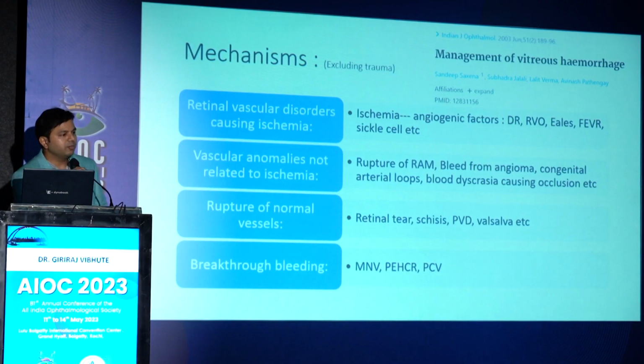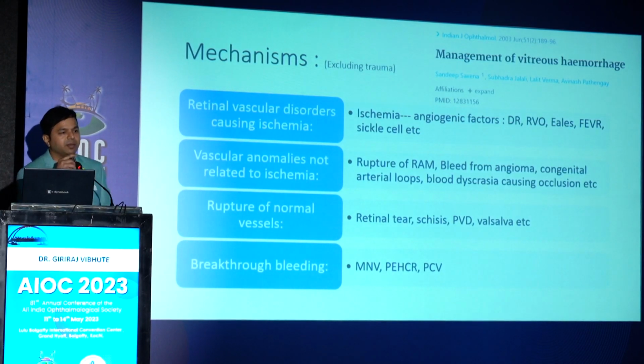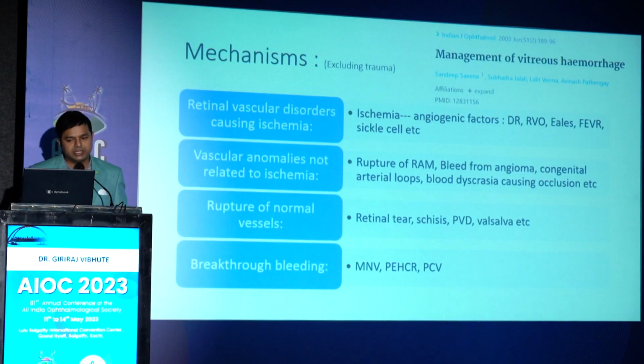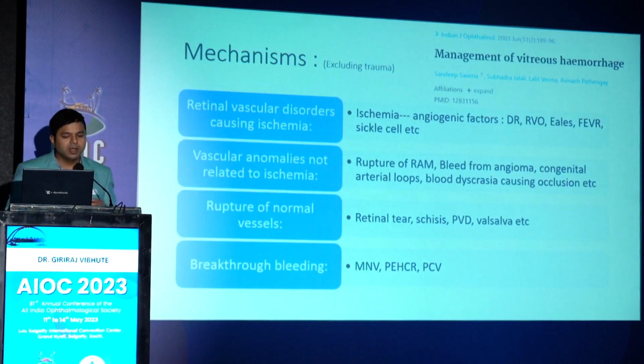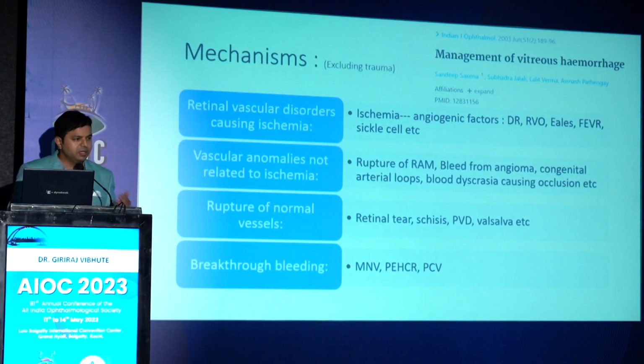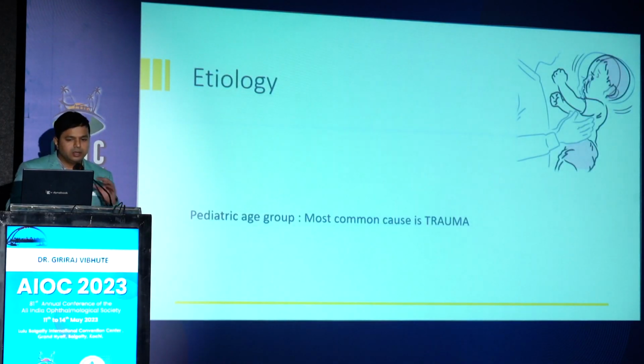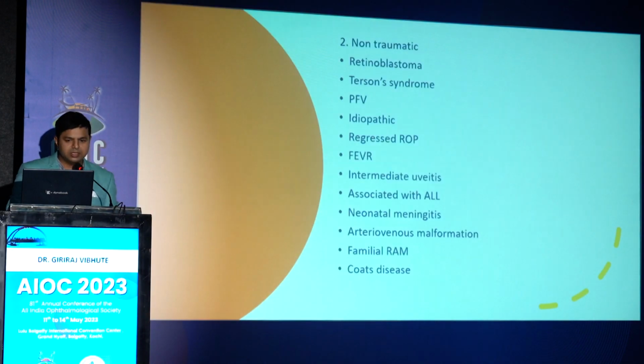It can also be due to rupture of a normal vessel, as it happens in retinal tears, in retinal schisis, and PVD-induced vitreous hemorrhage and Valsalva retinopathy, etc. Another important cause in the old age people mainly is MNV or CNVM and peripheral exudative hemorrhagic chorioretinopathy and PCV being the most common amongst them. So just wanted to highlight the point, in pediatric age group, most common condition is trauma. I know Dr. Apoorva is going to speak in detail on this,